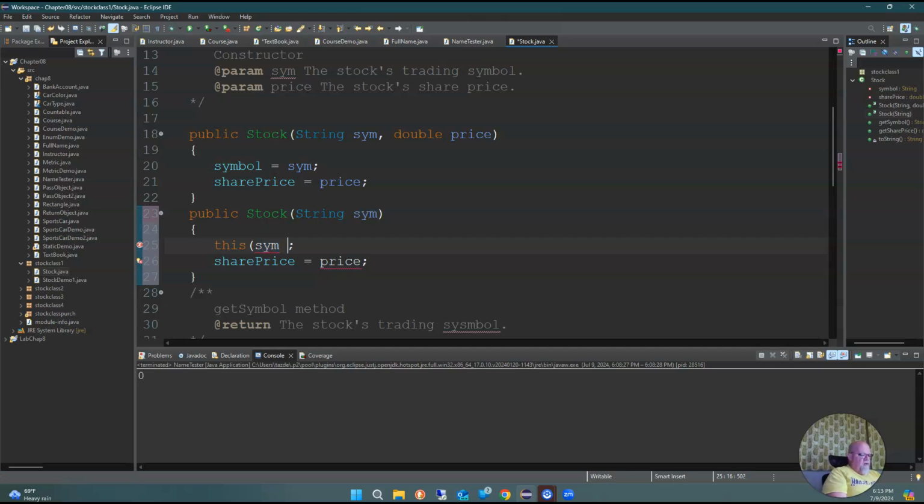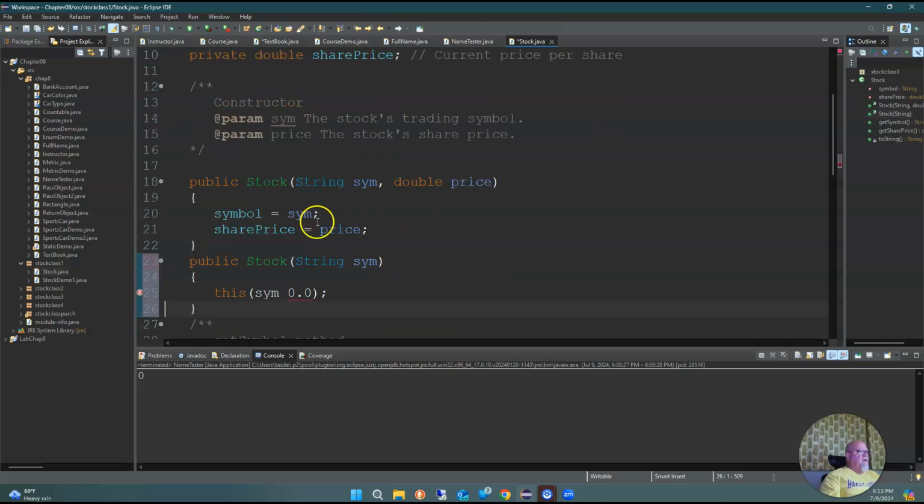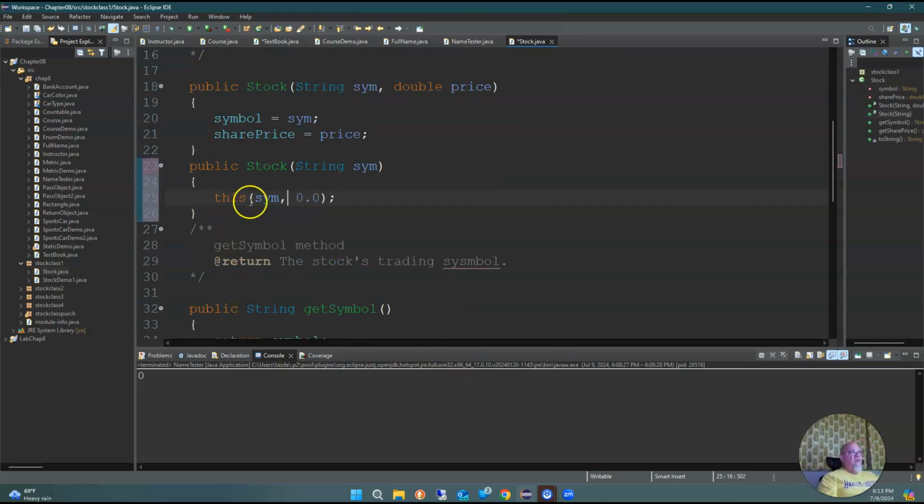Sim, comma, 0.0. That should take care of price. Is that price is a double, right? Yeah. Oh, I gotta put a comma there. There we go. So I've got the word this in here, and it says, hey, we're talking about this class,